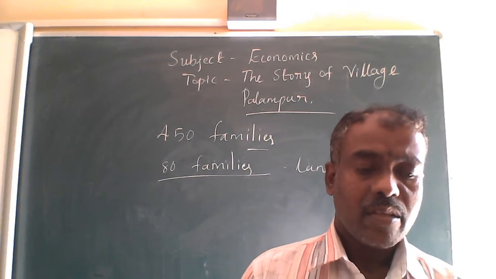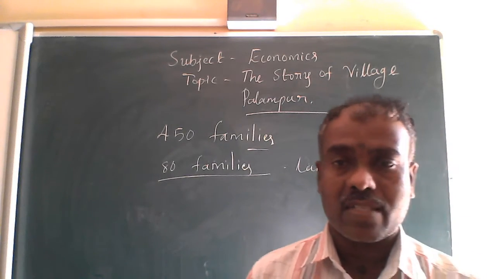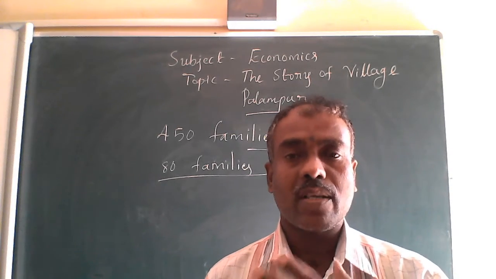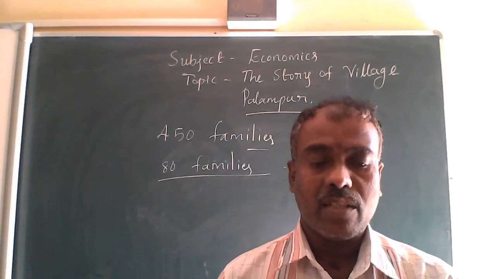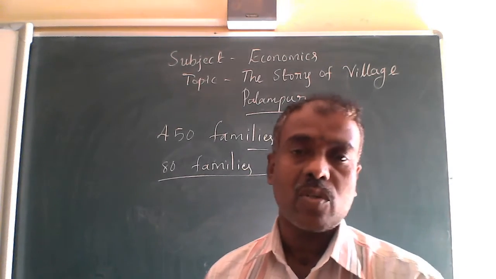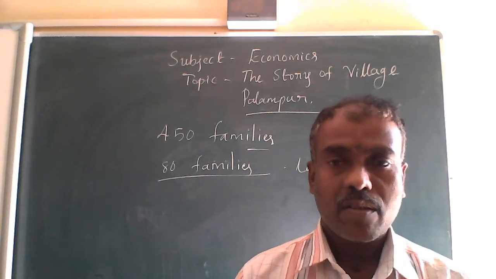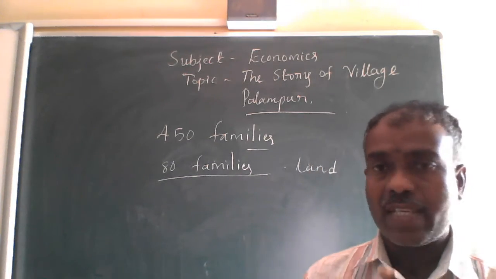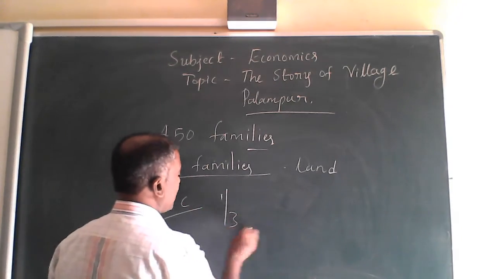See, here the SCs, those who are called SCs, scheduled caste, and in some days they used to call them Dalits also. Those who are considered what we call the suppressed class people in society throughout the country. See, what we used to call SC and ST, according to the government instructions, the Dalit people comprise one third of the population. See here, the SC people, I mean the scheduled caste people, one third of the people.